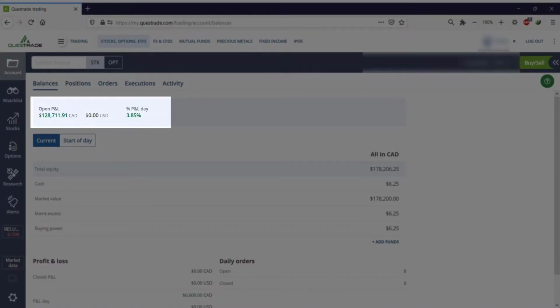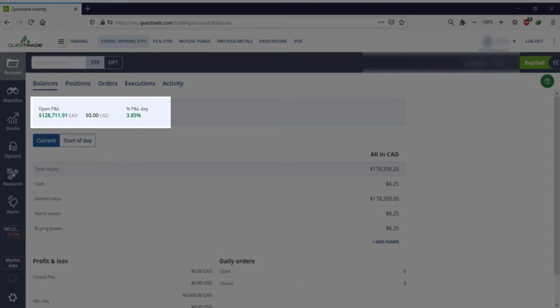In this part you can see open P&L, so it shows you profit and loss from the very beginning that you started investing and in total all of your assets. Okay, I don't know why it shows in USD. I really don't have a clue, but the percentage of your P&L from the very beginning, it shows you